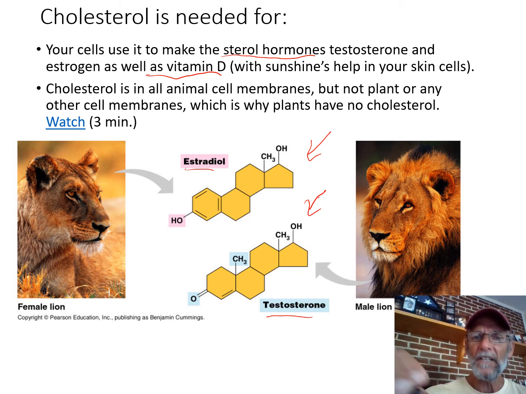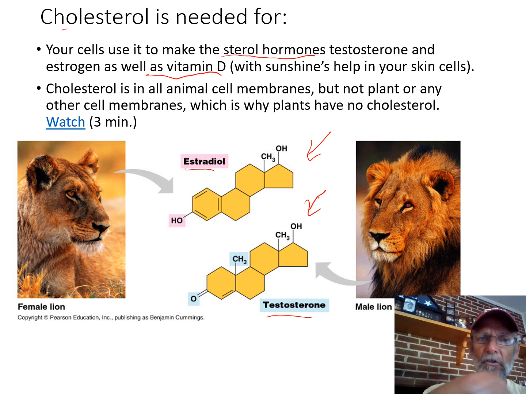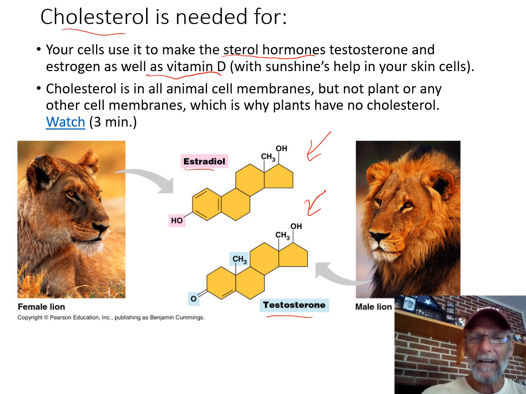And so not only is it a structural molecule, cholesterol, but it's also the kind of molecule we call a precursor. It's what you start with in your cells to make these molecules. Okay, and it becomes also an animal kingdom identifier because we're the only kind of living things that have cholesterol as part of our cells. Okay, so